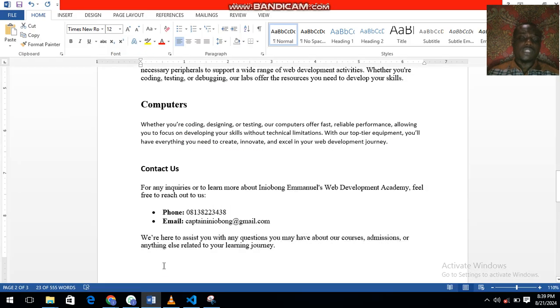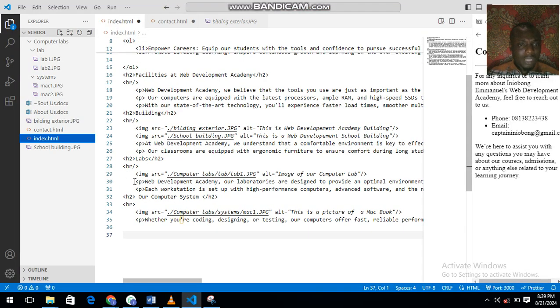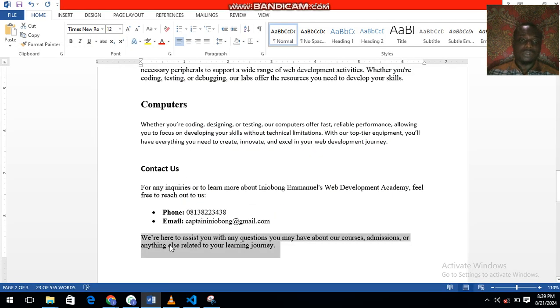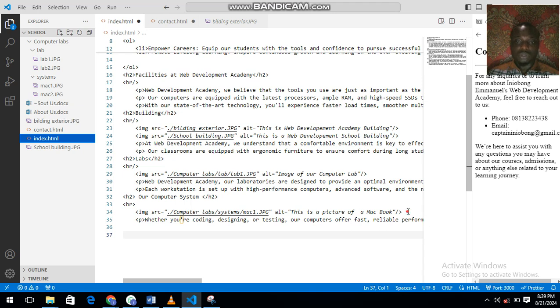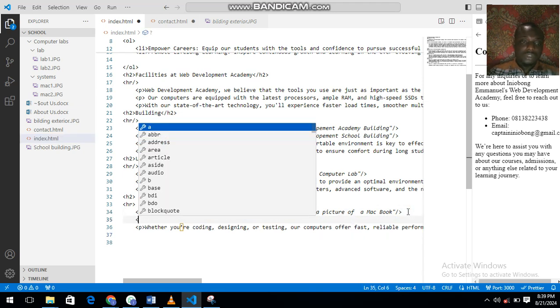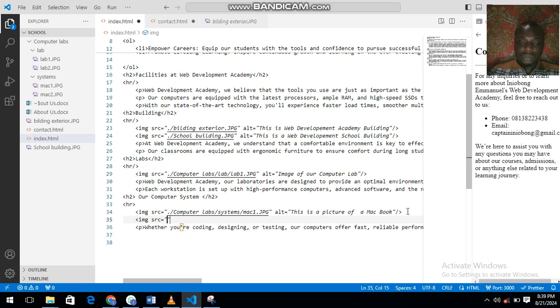So we are done with the first part, and let me explain it to you so you understand in a better way. Remember, we stopped at our computer system, and we just had to do a header, a horizontal line, an image tag, and a paragraph tag, just to present the computers. Remember, the image tag we are presenting is for the two pictures, so we should have two image tags there. So IMG, I'm going to include an image tag again.